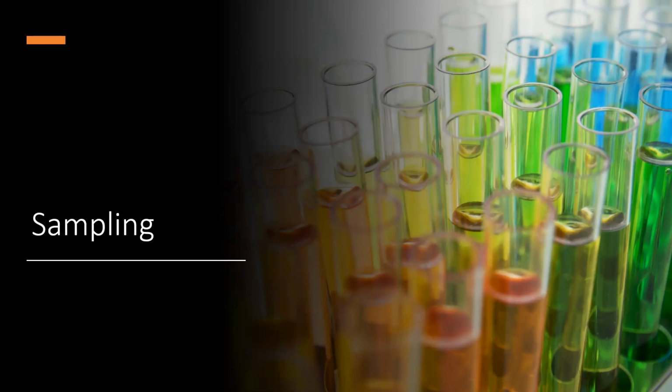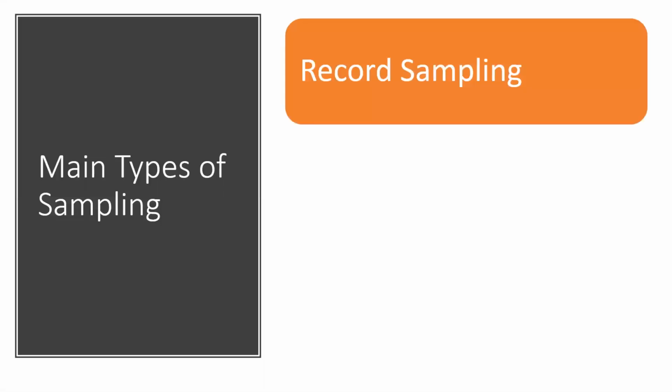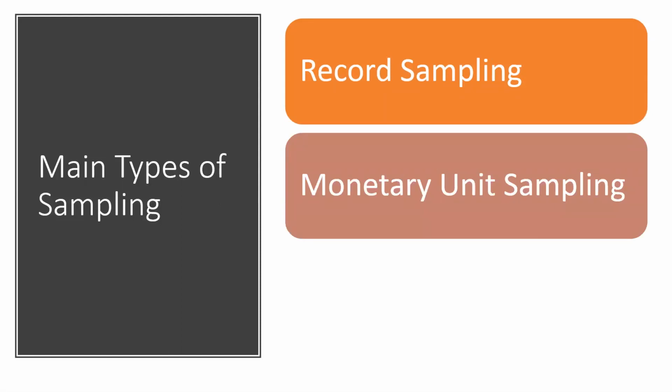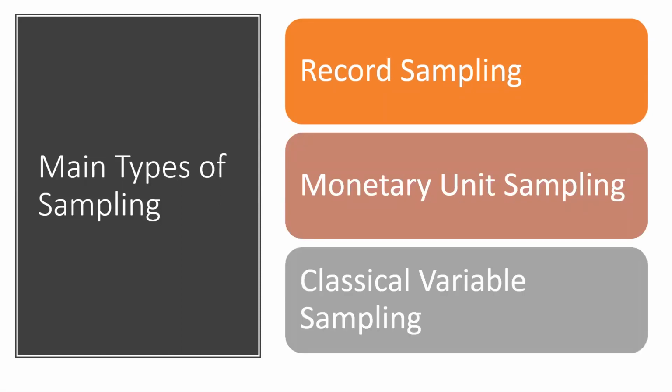In this video, I want to talk to you about sampling in ACL. There are three kinds of sampling in ACL. There is record sampling, then we have monetary unit sampling, and finally, we have classical variable sampling. Now, owing to time constraints, we will only look at the first two in this video, record sampling and monetary